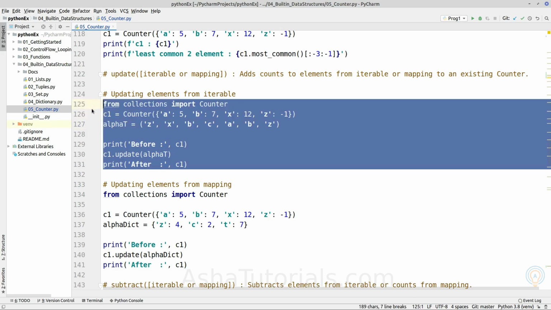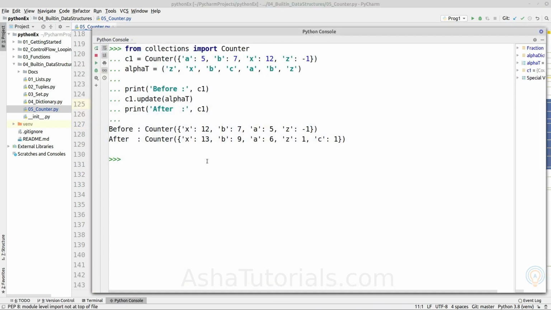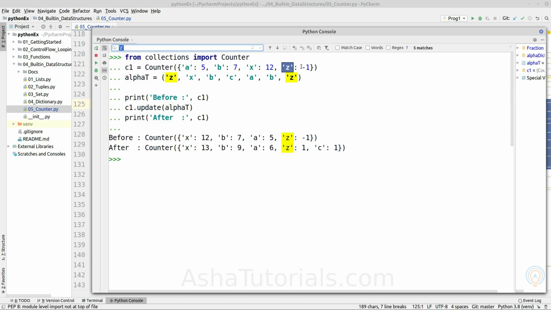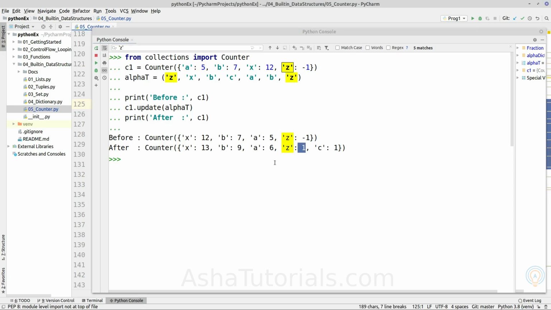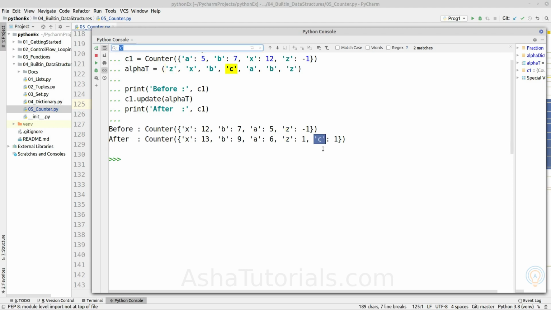Okay, so let's execute it. As you can see here, it is incrementing for the existing object. We can see it was previously -1, and it occurs 2 times, so it will add +2, which results in 1. And for a non-existing object such as C, it will create a new element.